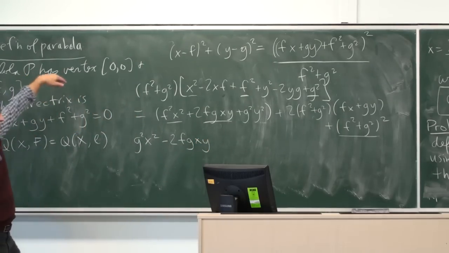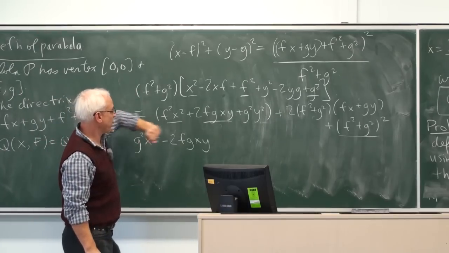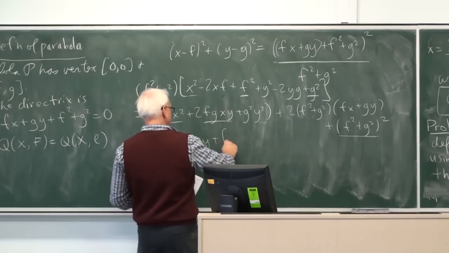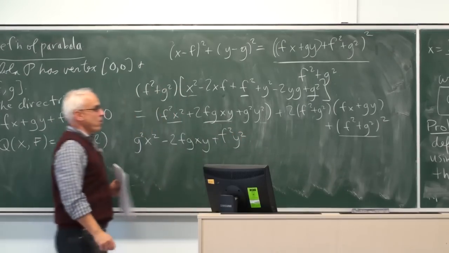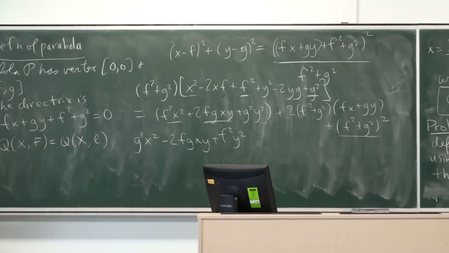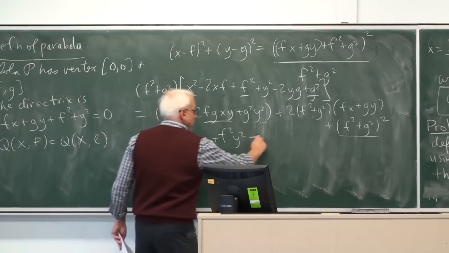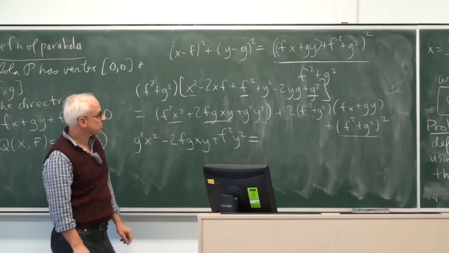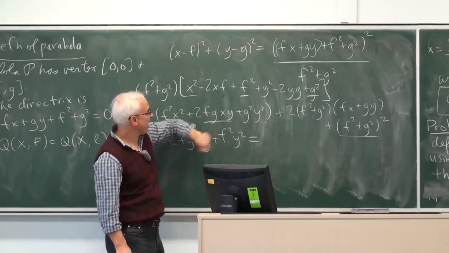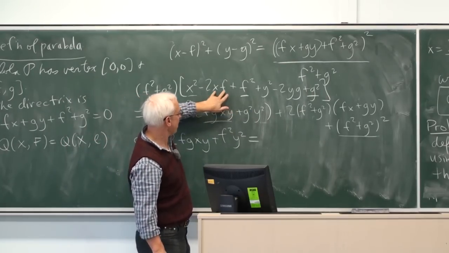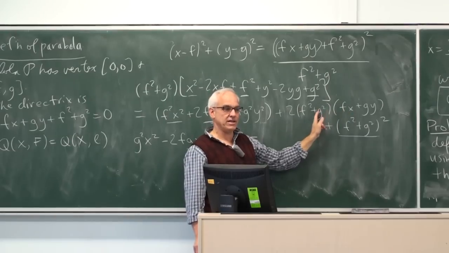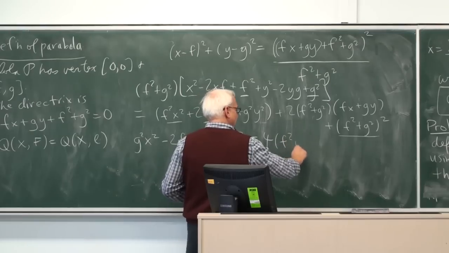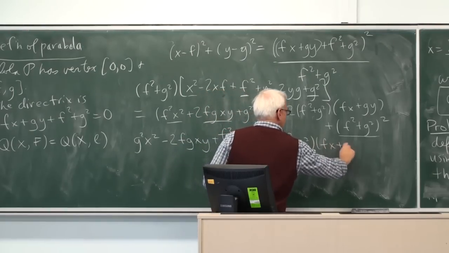And the y squared terms, when we bring them all onto this side here, right now there's f squared plus g squared times y squared, and then here there's a g squared, so we subtract that, we'll only get plus f squared y squared for the quadratic terms. And the remaining terms are these ones here and the ones that we already have there. And there's an f squared plus g squared common factor. And here you see that you're getting 2 times xf and yg. It's exactly the same thing as here, but with a minus sign. So when we bring it to the other side, we get 4 times f squared plus g squared times fx plus gy.